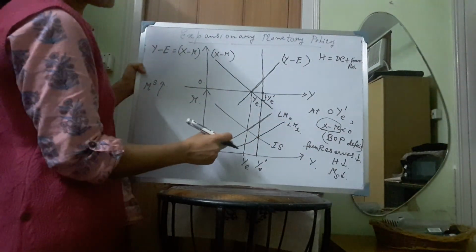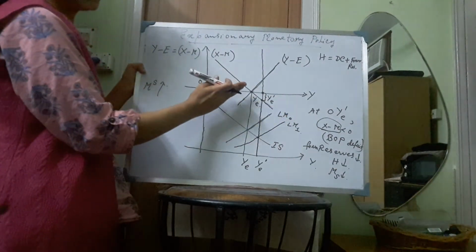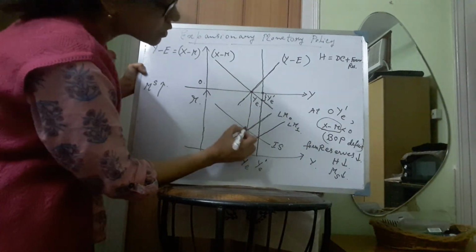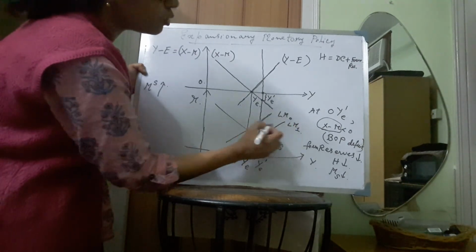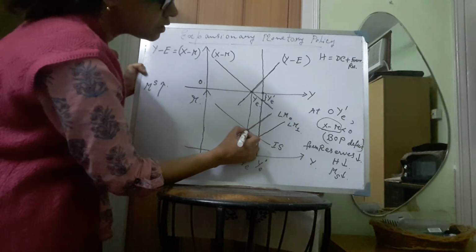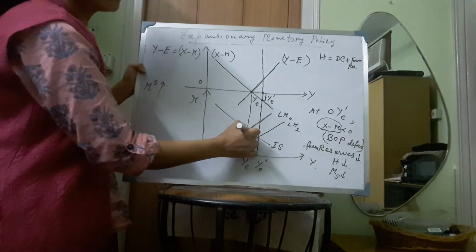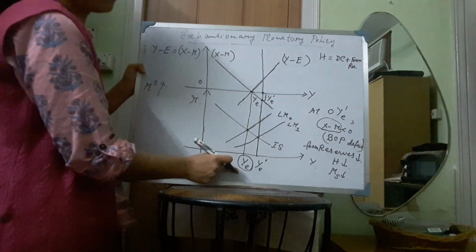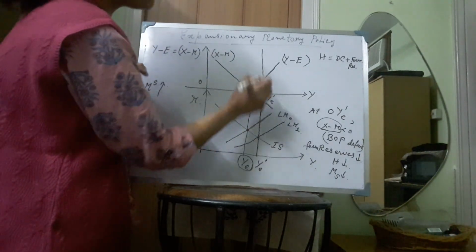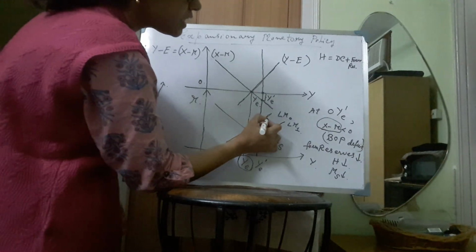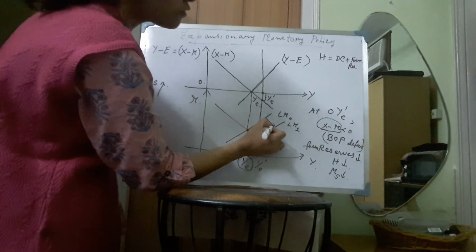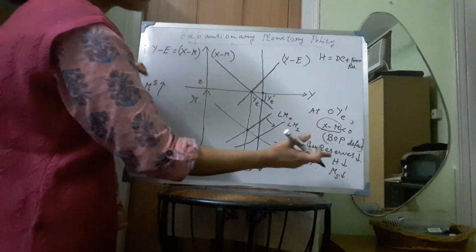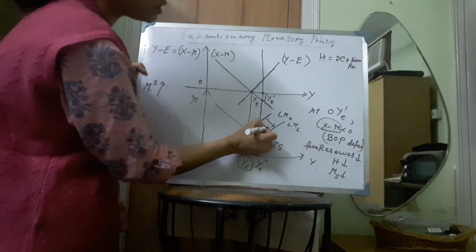So when money supply declines, then again LM curve will shift to the leftward direction until it reaches LM0. So again we will have the original equilibrium point. So at this original equilibrium point, again we will have the level of income YE. So because of the expansionary monetary policy, initially there was a shift of the LM curve from LM0 to LM1, but because of the BOP deficit in the economy, the LM curve moves back to the original position LM0.